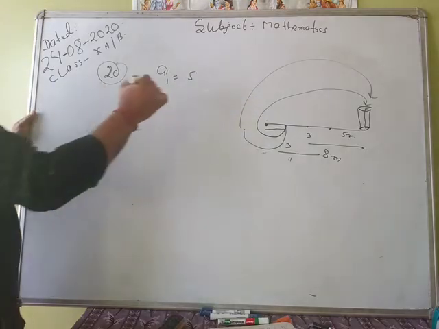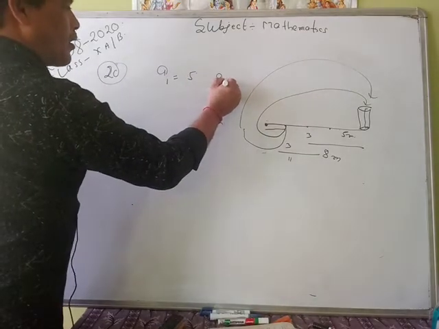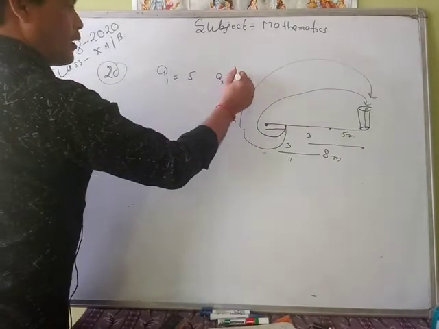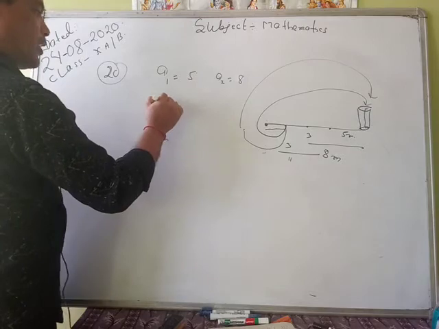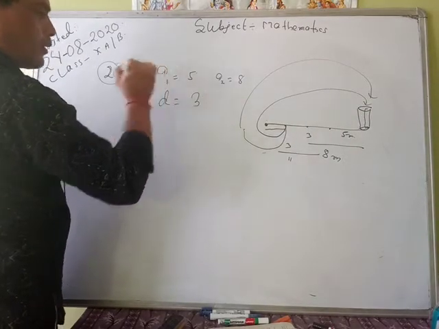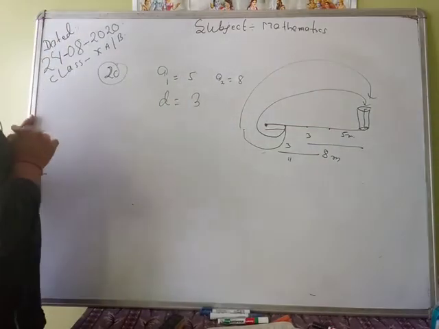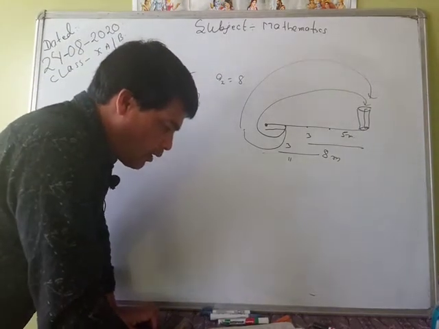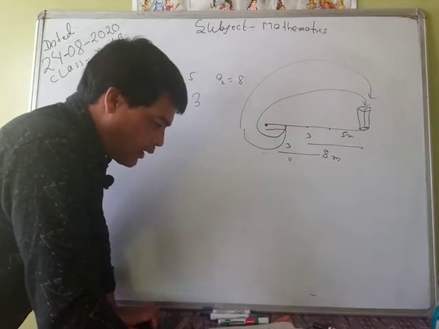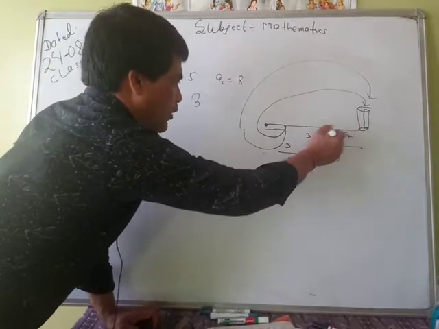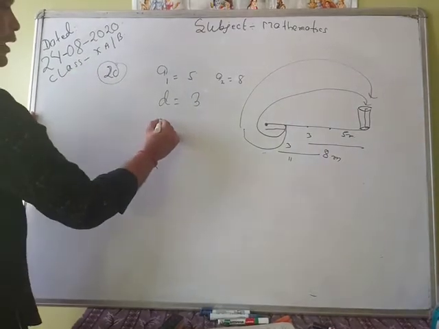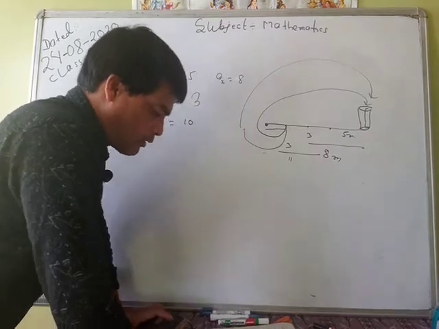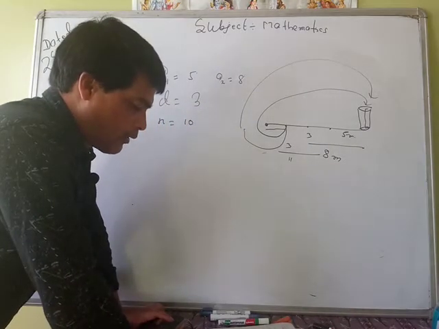त्यसो भए in question number 20, first term is our 5 and second term is 8, then their difference should be 3. Each and every potato distance 3 मिटर छ. अब there are 10 potatoes in the line, यहाँ जम्मा 10 वटा पोटेटो छ, that is n is equal to 10. भने क्वेशनले लास्टमा के सोधेको रहेछ भन्दाखेरि, a competitor starts from the bucket, picks up the next potato, runs back with it, drops it in the bucket,